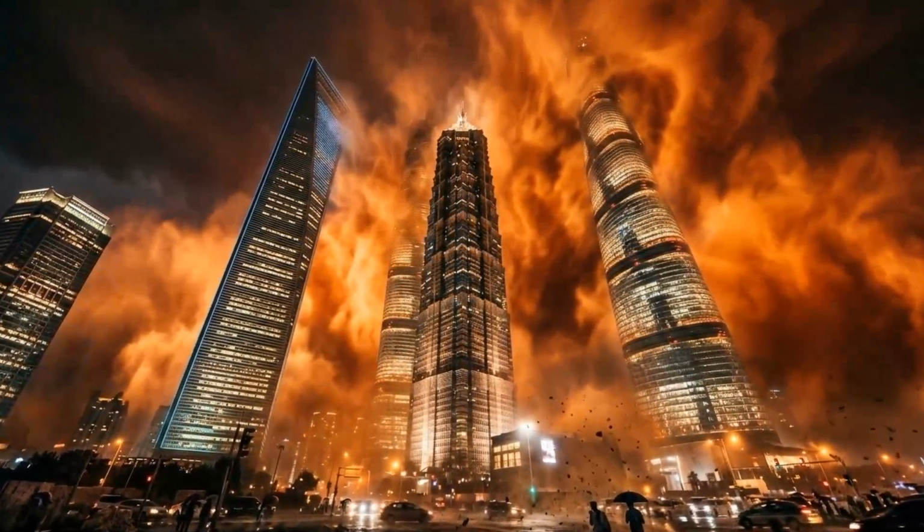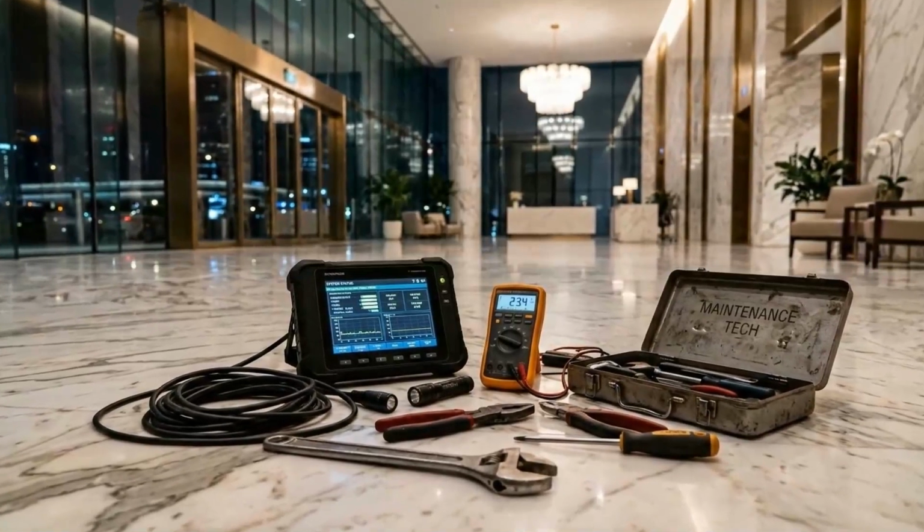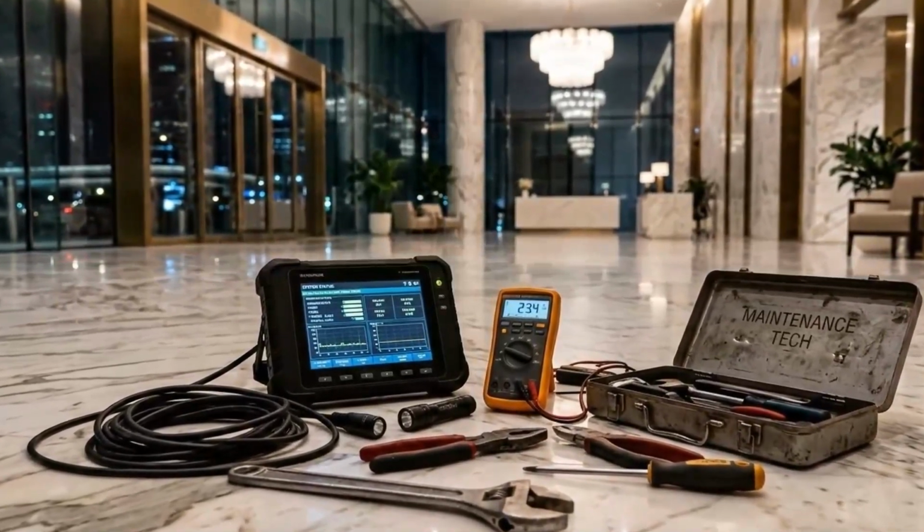The architect's vision was to conquer the desert and the sky. What this tower proves is that you can pour billions of dollars into the sand, but the most powerful force a skyscraper must withstand